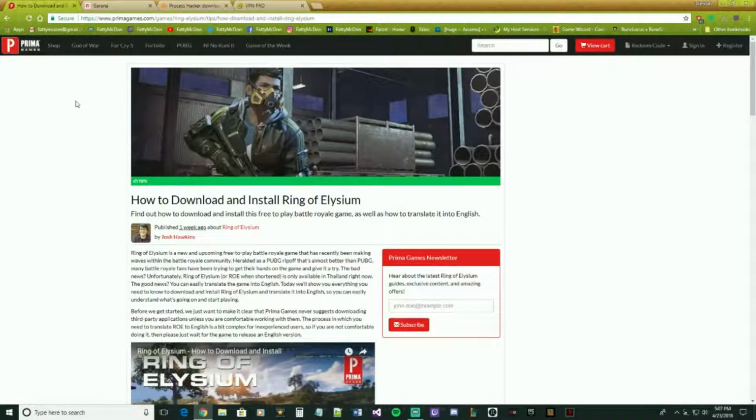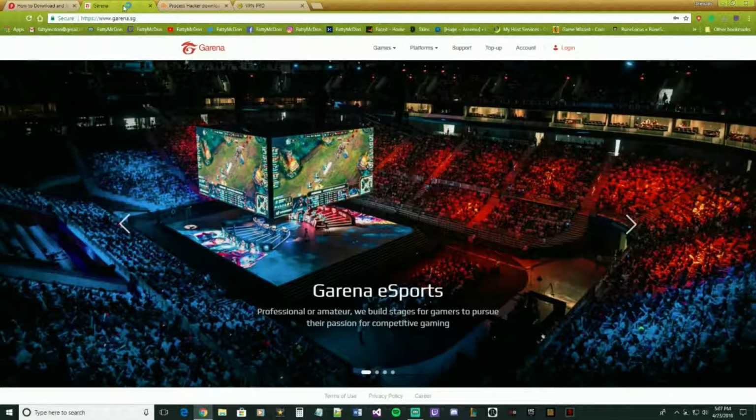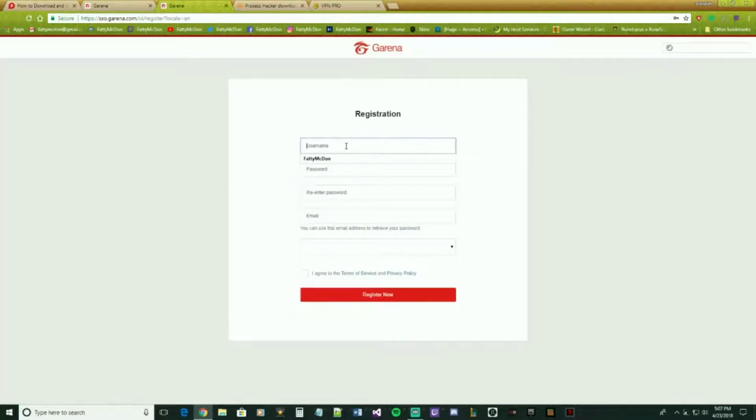The links for each and every one of these downloads will be in the description. For the first link, you will have to click on it in the Prima Games, and it will bring you to this web page, how to download and install Ring of Elysium. You'll scroll down, and you'll find Garena highlighted in red text. You click that, and it will open a new web page for Garena. You'll click Login. From Login, you'll do Register a new account. I'll just go ahead and register one here,